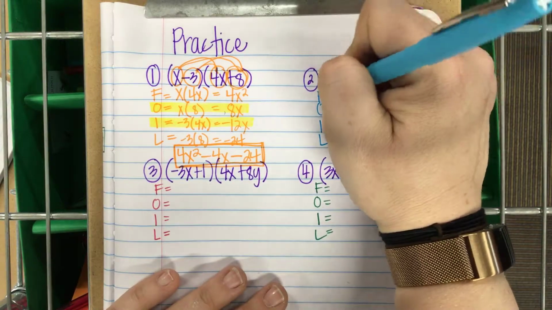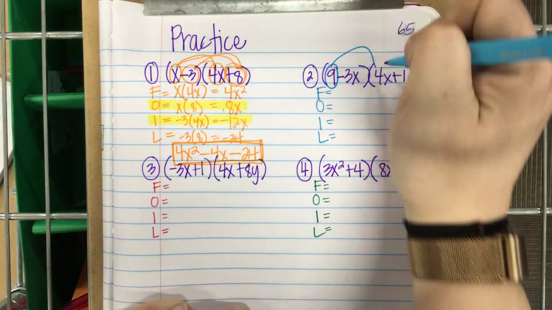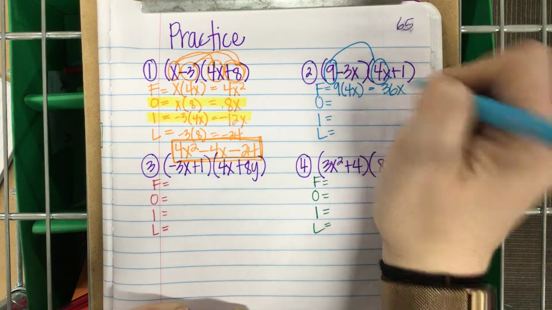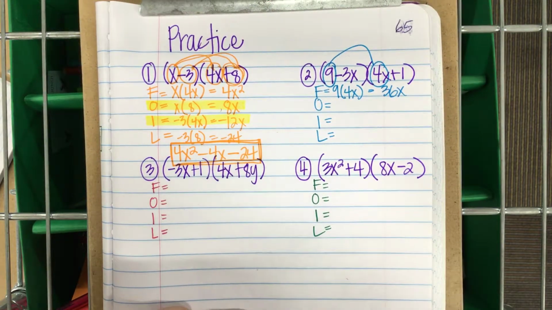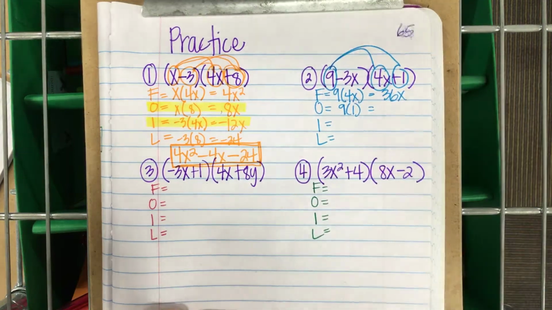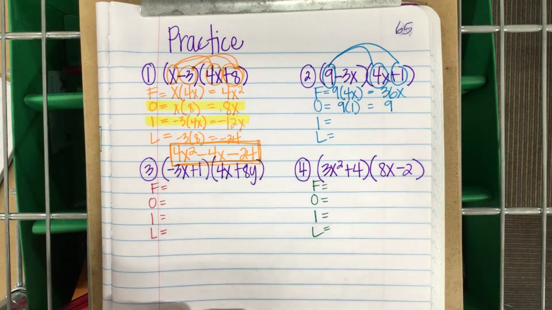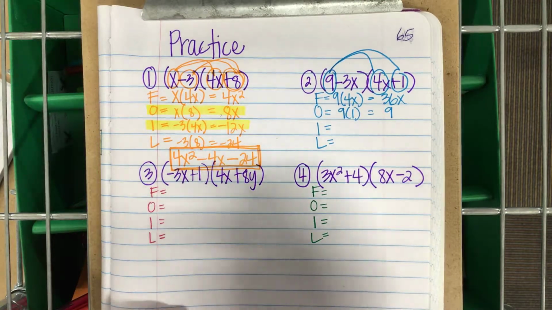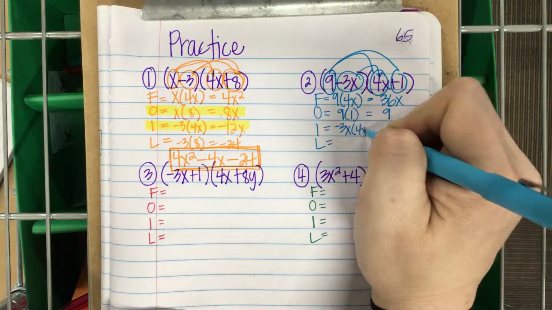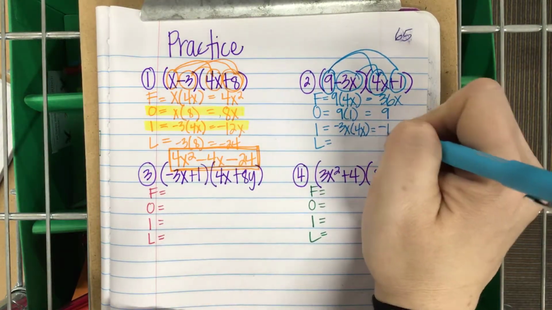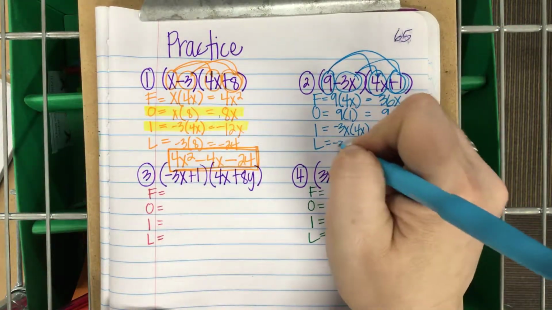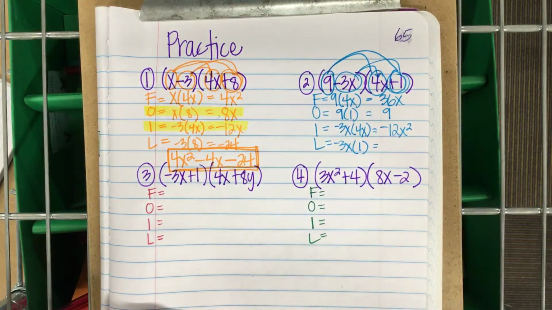First is 9 times what? 9 times 4x. 9 times 4x is 36x. O stands for outside, so I'm going to do 9 times 1. 9 times 1 is 9. I stands for inside, so that means negative 3 times 4x, which is what? Negative 12x squared. And L stands for last, negative 3x times 1. Negative 3x times 1 is